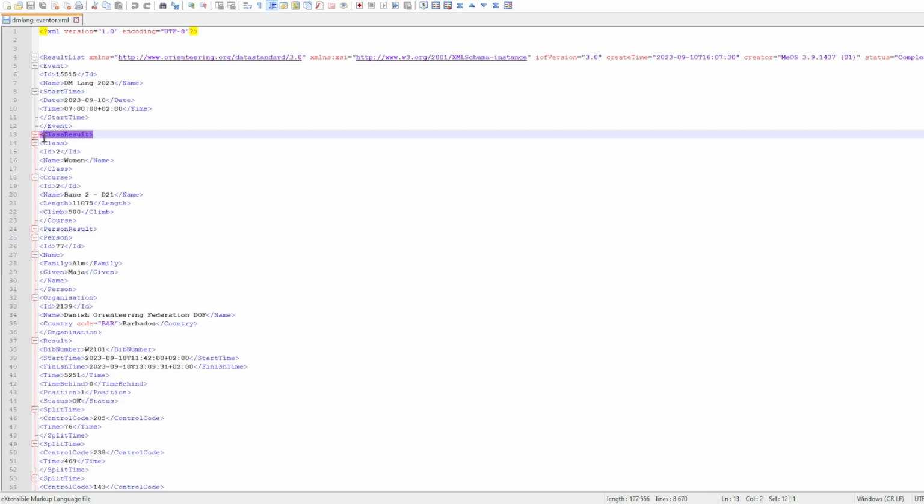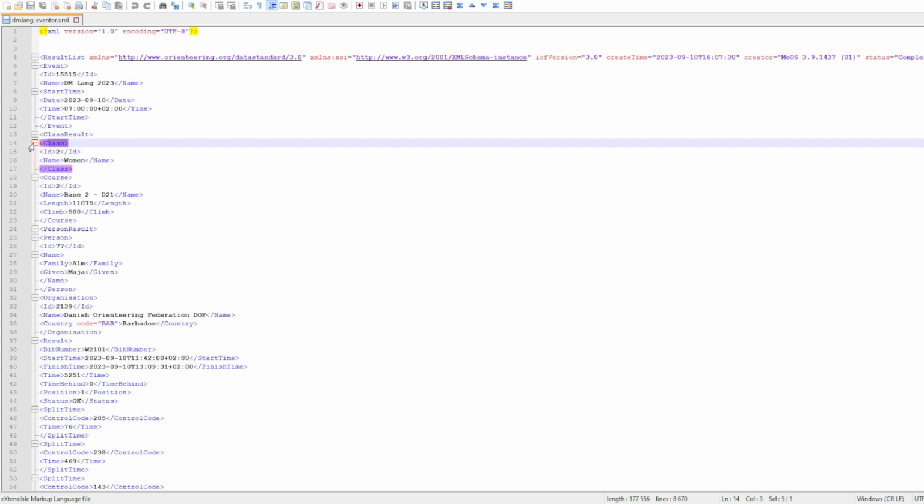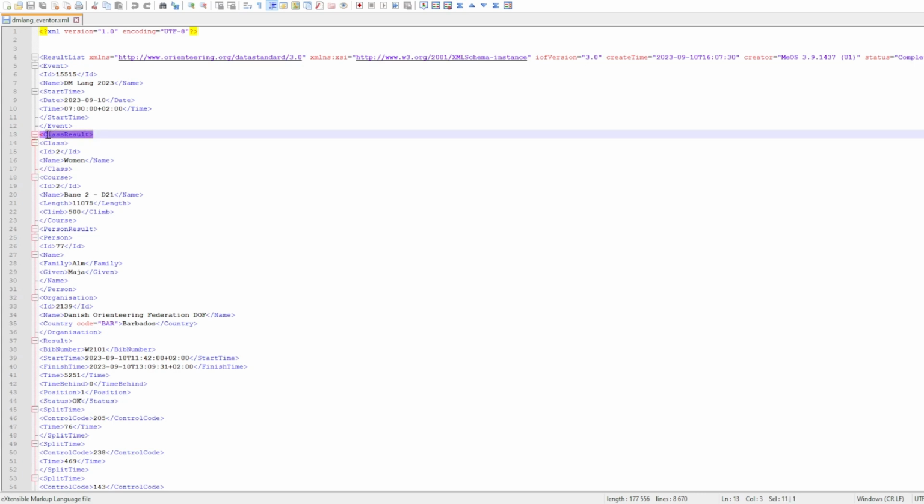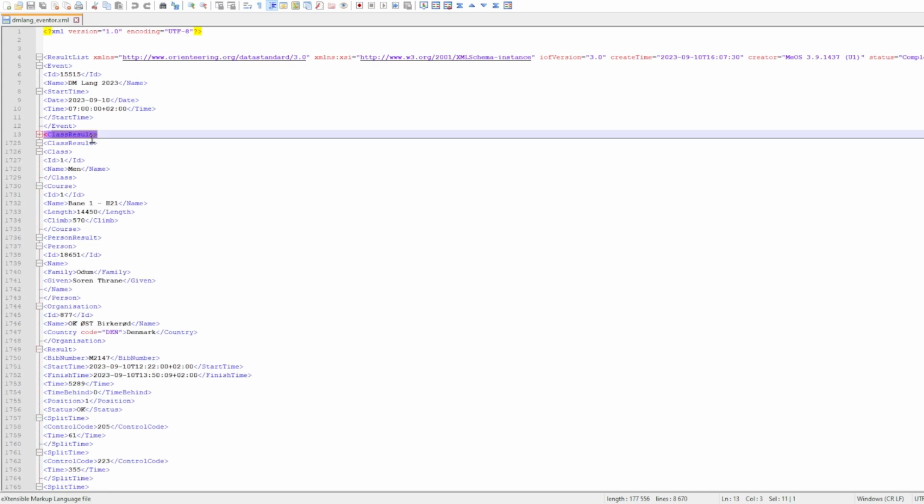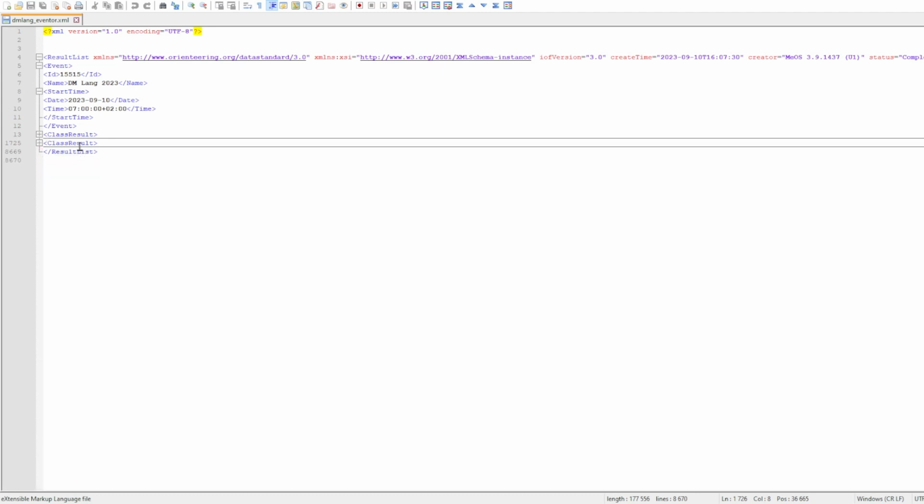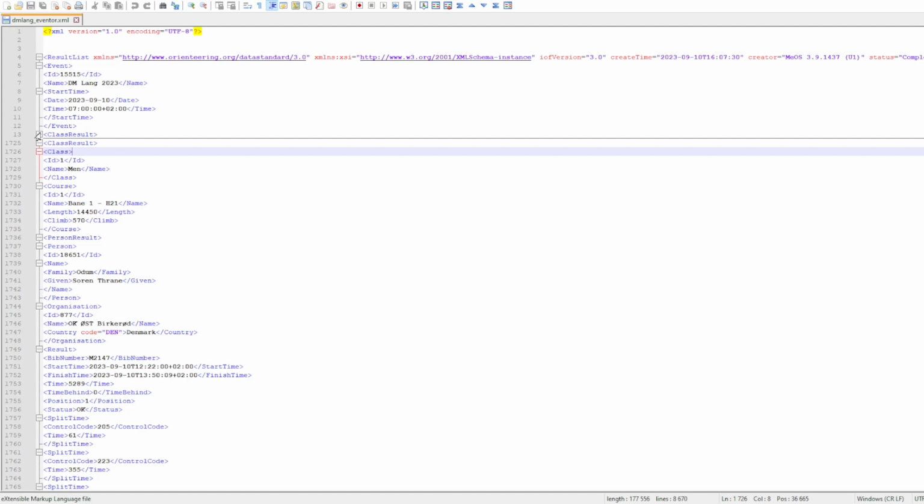The second part of this XML file is class results, and under this you have the different classes. You can see these minus signs on the left, so you can expand or compact this class result, so you get direct to the next one in the list. And I can compact this also to see that we have two classes in this file, and that was correct for the Danish Championship. So we expand them again